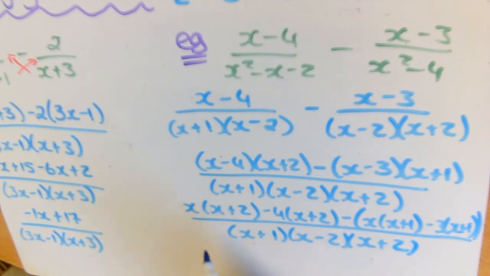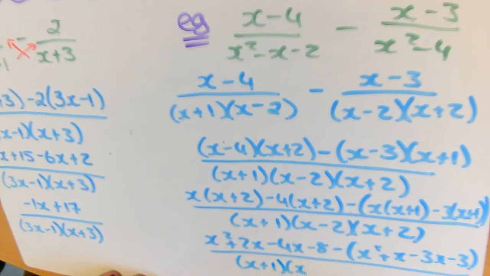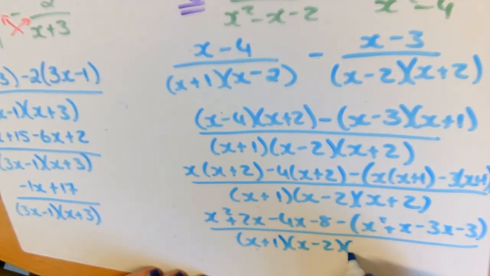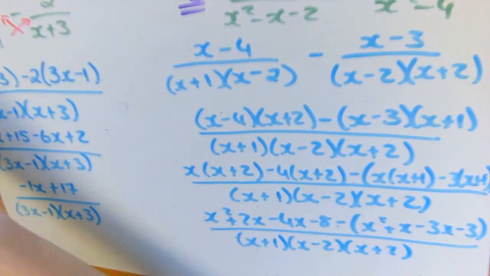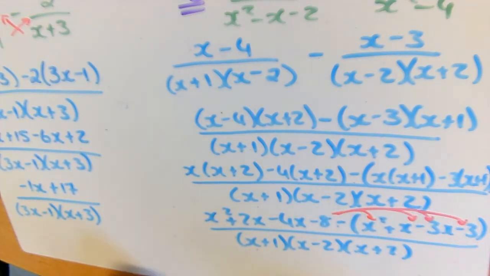Now when I do this one, I'm just going to multiply at the top. So I have x times x is x squared, x times 2 is 2x, keep going, minus 4x minus 8, minus x squared plus x minus 3x minus 3, all over x plus 1 by x minus 2, which you can't see on the screen, x minus 2 by x plus 2. Okay? So now this minus out here is going to change this guy to a minus, this guy to a minus, this guy to a plus, and this guy to a plus, because a minus by a minus